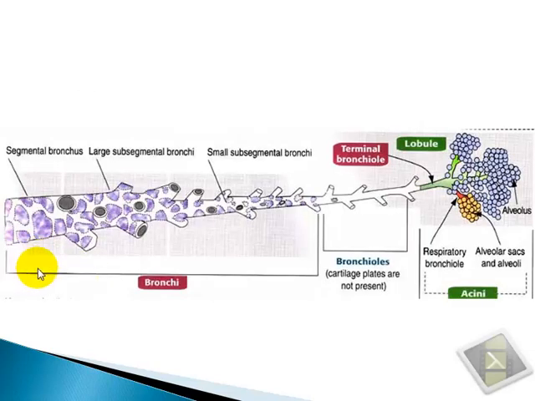You can see here, this part is the segmental bronchus. This is the large segmental bronchi. Then it goes into a small segmental bronchi, and finally what you get here is a bronchiole. If you look very carefully, this part is devoid of cartilage, whereas this part has a lot of cartilage. Another histological feature which differentiates a bronchi from a bronchiole is lack of